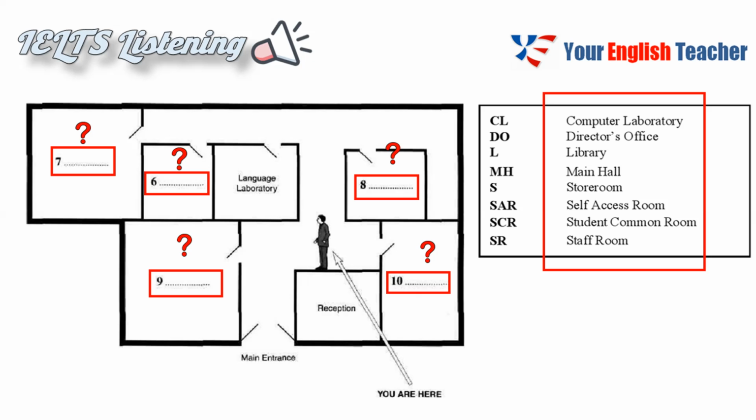Now, to get to the main hall, you walk on to the end of this corridor in front of you, and then you turn left. Walk along past the language laboratory, and then past the library, which is next to the language lab on the same side, and facing you is the main hall at the end of the corridor. You can't miss it. So it's next to the library, in fact? Yes, that's right.